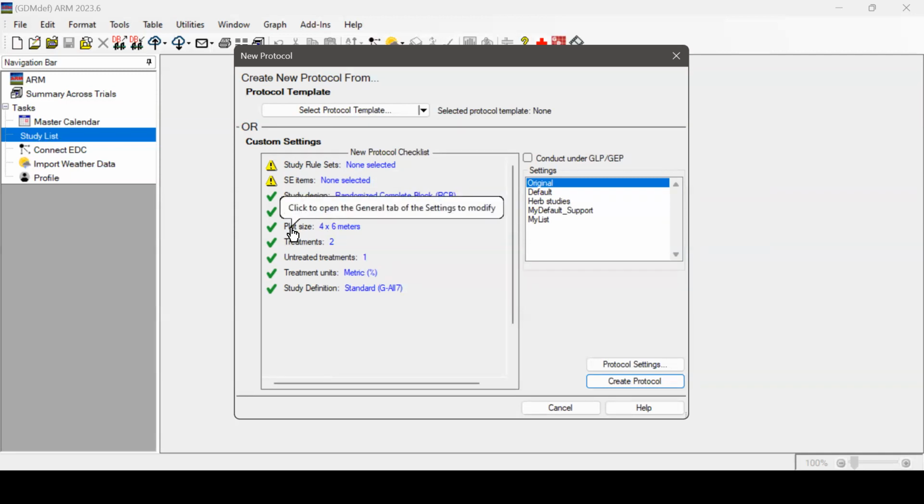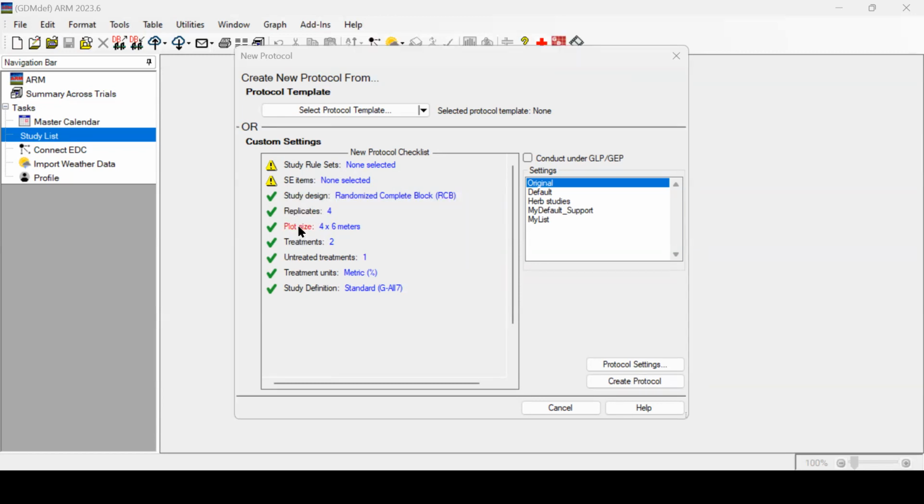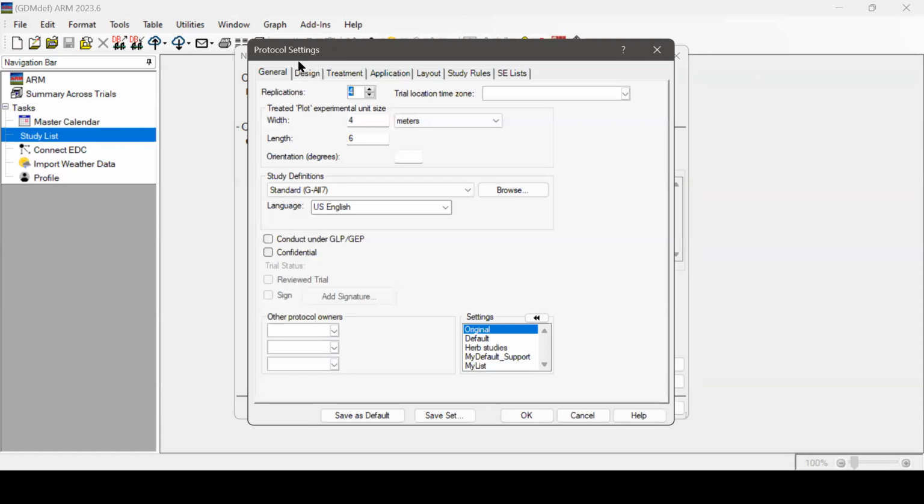But maybe we'll start here with the plot size as kind of one difference here. And actually, if I just click on that option, it'll bring me to our settings dialog, so we can actually look at and change these options. So starting with our plot size, as I said, the